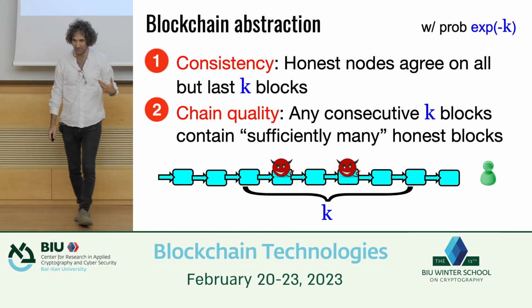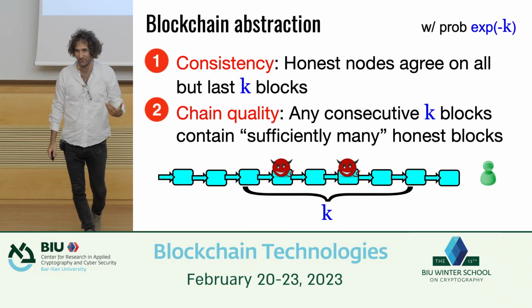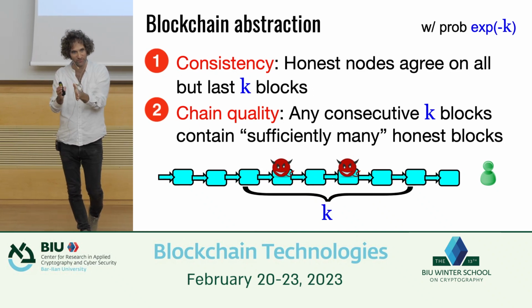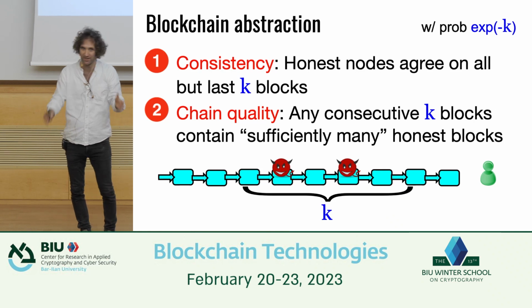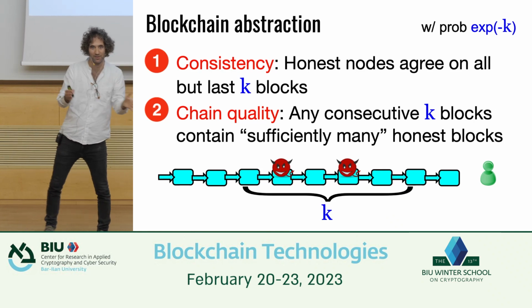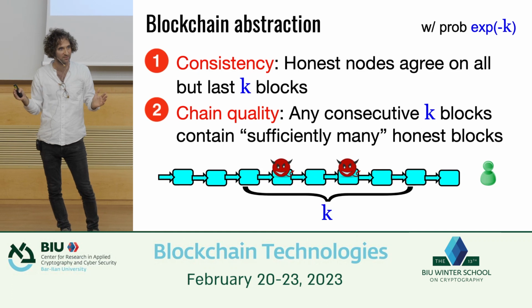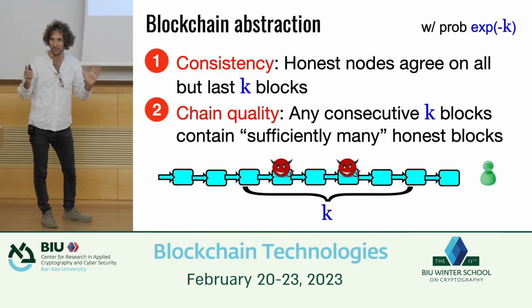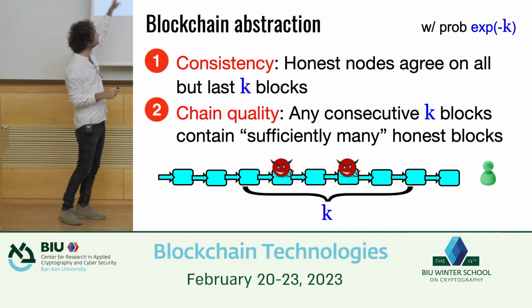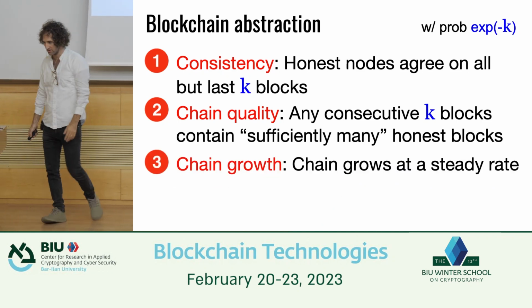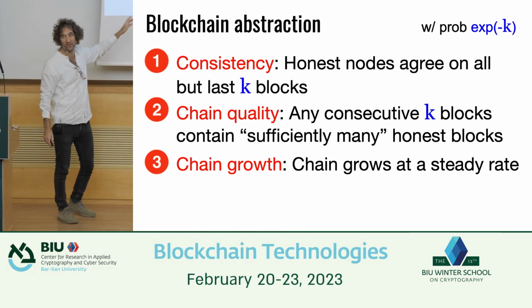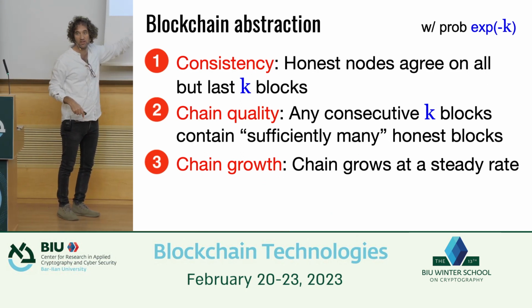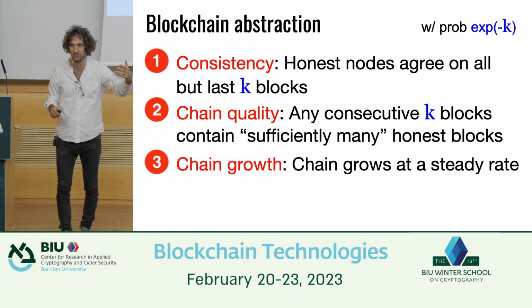And ideally, the chain quality we would like to have is the same as the fraction of good guys in the system. So if I have 80% good guys in the system, then 80% of the blocks should be proposed by good guys. That's ideally what I'd like to get. Right? Turns out Nakamoto doesn't satisfy that, but that would be the ideal notion. So chain quality just says what fraction of blocks are achieved by good guys. And then the final thing is something called chain growth, which means that the chain should actually grow at a steady pace.